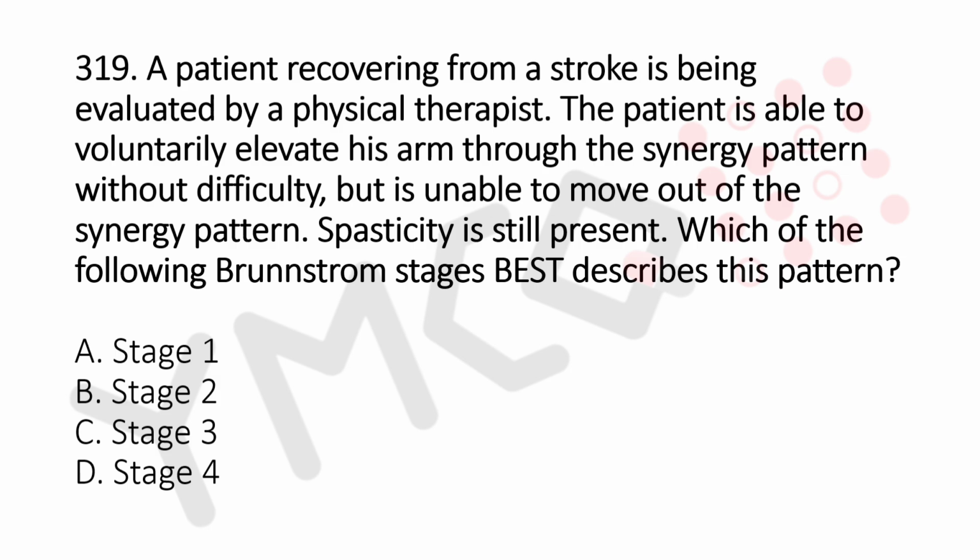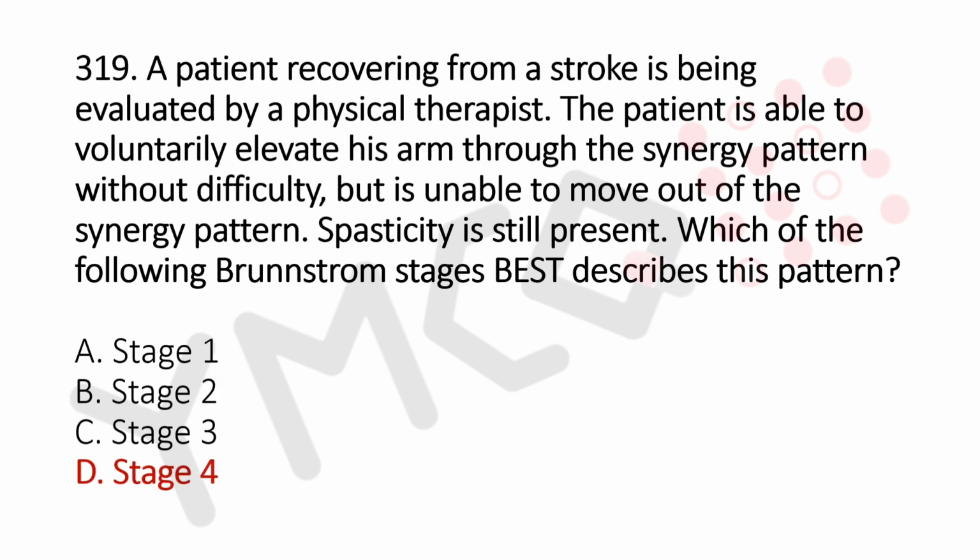A patient recovering from a stroke is being evaluated by a physical therapist. The patient is able to voluntarily elevate his arm through the synergy pattern without difficulty, but is unable to move out of the synergy pattern. Spasticity is still present. Which of the following Brunnstrom stages best describes this pattern? Option A, stage 1. Option B, stage 2. Option C, stage 3. Option D, stage 4. And the answer is